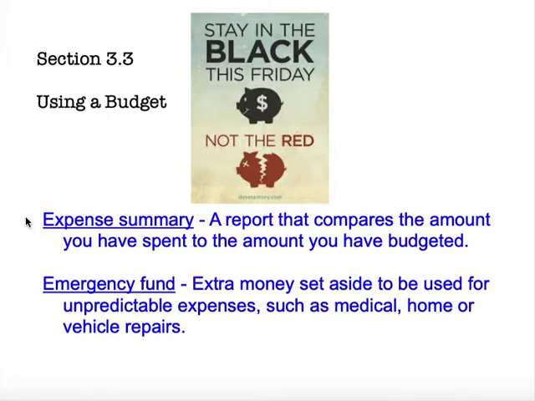And then we need to talk about having an emergency fund. So, an emergency fund is extra money set aside to be used for unpredictable expenses such as medical, home, or vehicle repairs. So, you might have heard people talk about being in the black or being in the red when